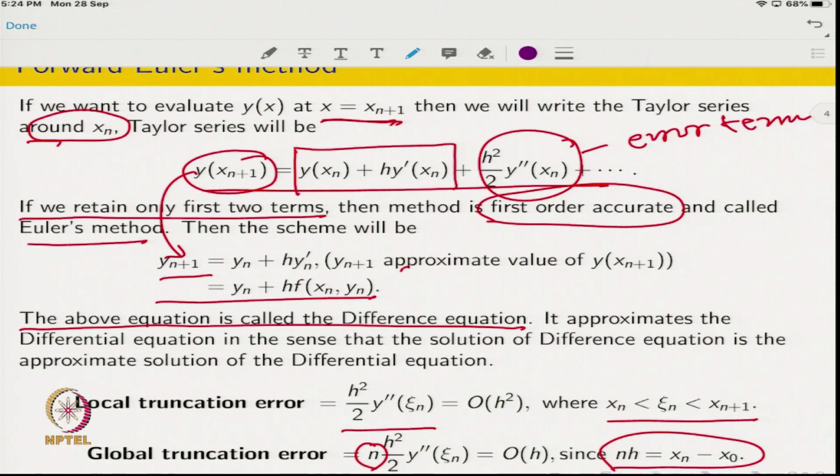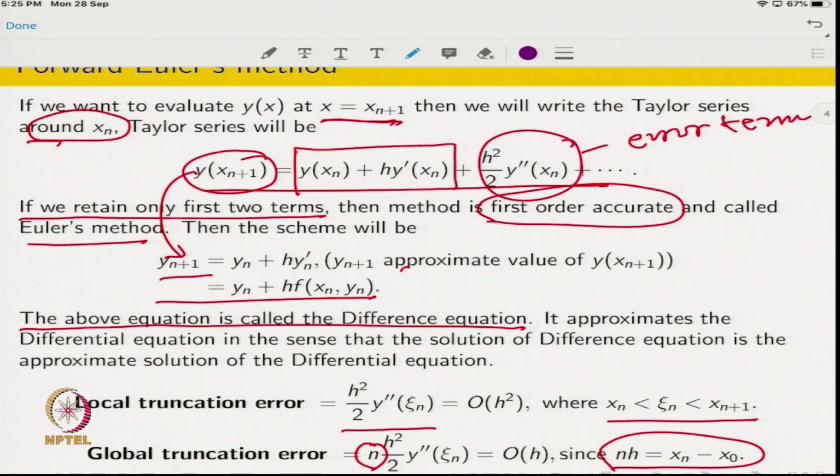That is why the Taylor series method is acceptable to the community who do numerical methods only up to first or second order. It is not acceptable beyond that, because the computation of approximation of high order derivatives is a tedious task.